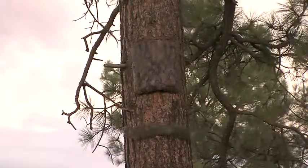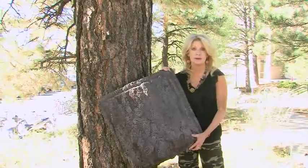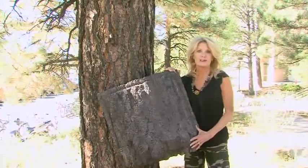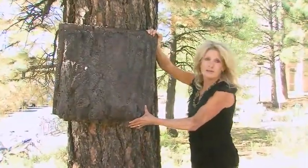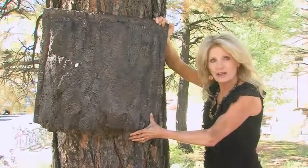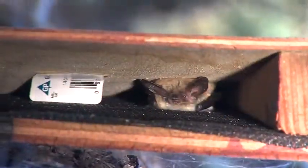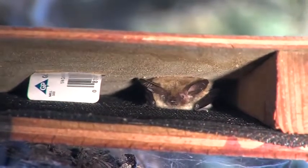The Forest Service purchased these. They're made out of resin. That's the same material that you find in boats, so they're durable, lasting as long as the bats do, about 30 years in the woods. And because they look so much like the bark of a ponderosa pine tree, they're fooling both the bats and their predators. We've gotten a lot of use based on single bats, so mostly non-reproductive single bats that have been